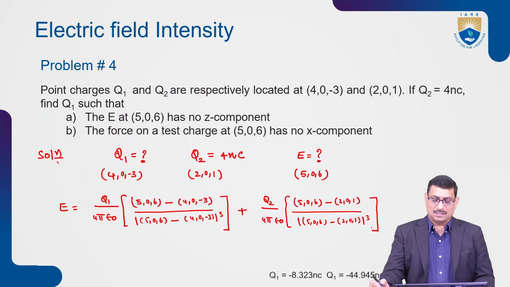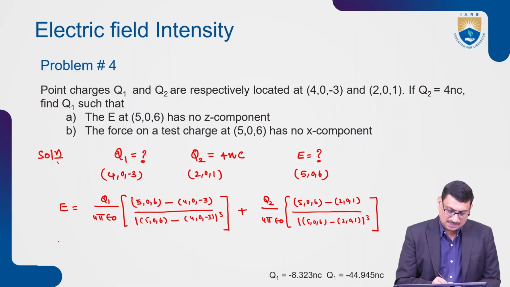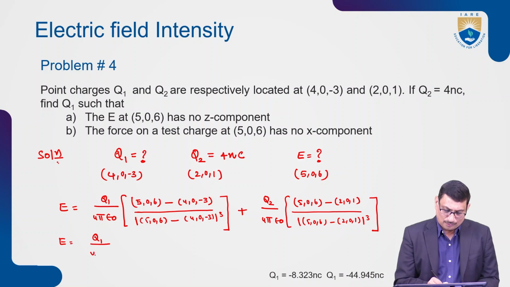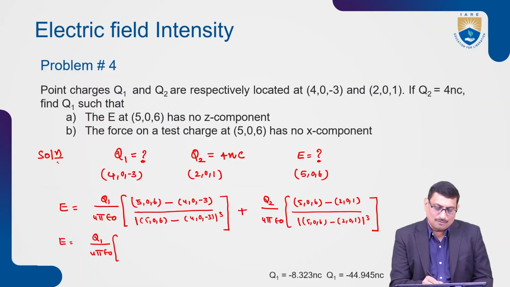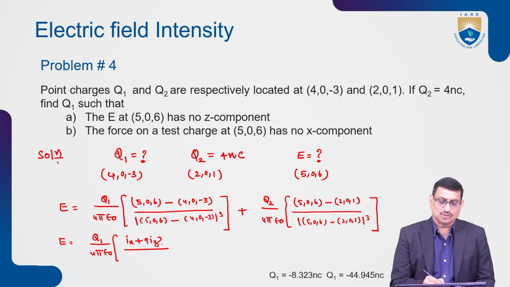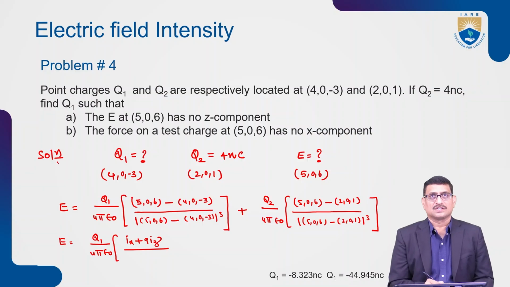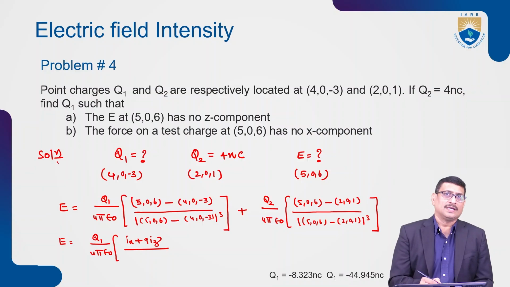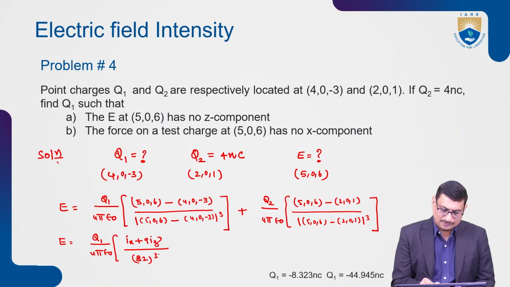And let us start to simplify this expression. E equal to Q1 divided by 4 pi epsilon naught into, what is this expression? (5 minus 4) Ix, (0 minus 0), (6 minus of minus 3) plus 9 Iz, divided by square root of 1 square plus 9 square. 9 square is 81, plus 1 is 82. 82 whole power of 3 by 2,